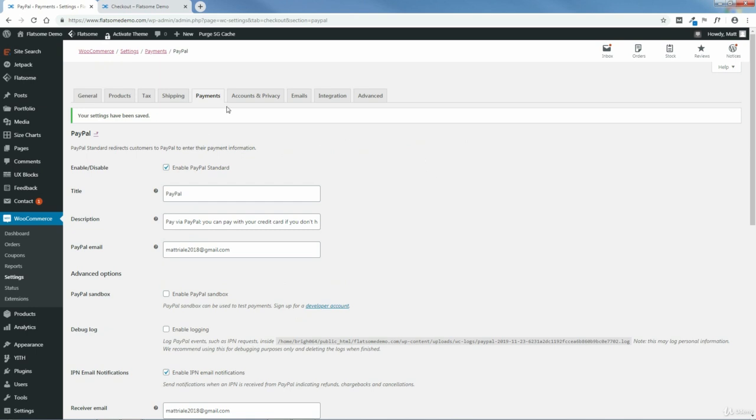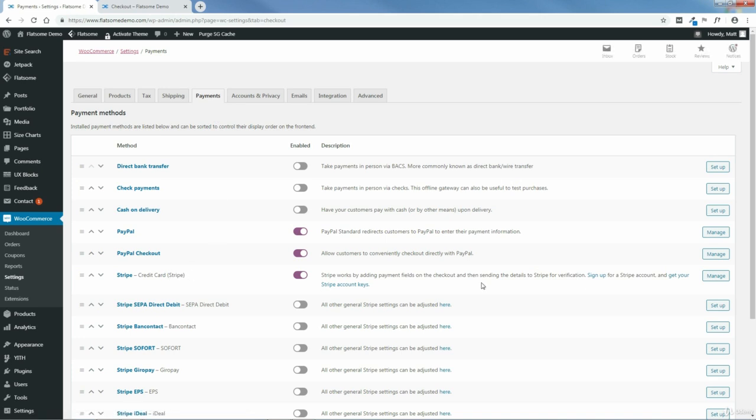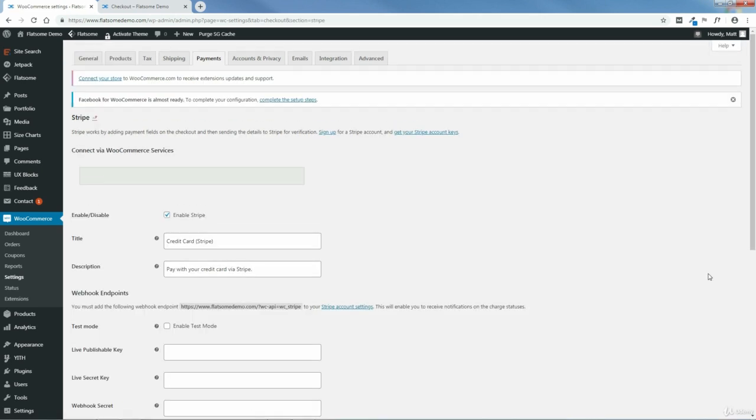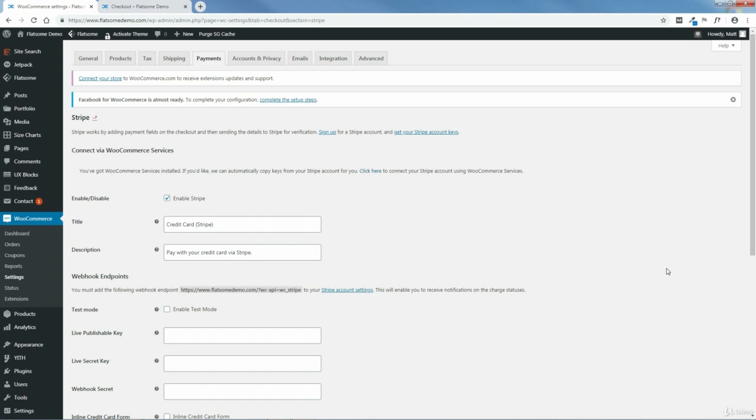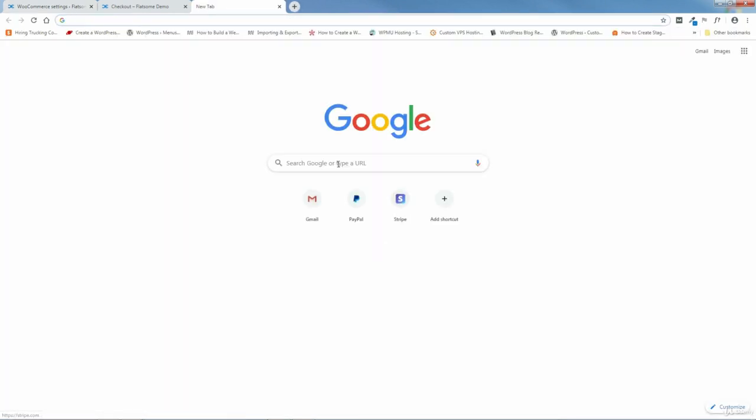So next we're going to go back to payments, and I'm going to show you how to set up Stripe. Now Stripe is the one I recommend. It's also free to set up an account with Stripe, and their processing fees are just a little bit lower than PayPal. That's one of the reasons why I recommend Stripe. So I'm going to show you how to sign up. All you do is go to stripe.com,